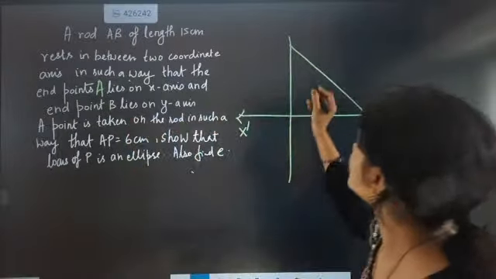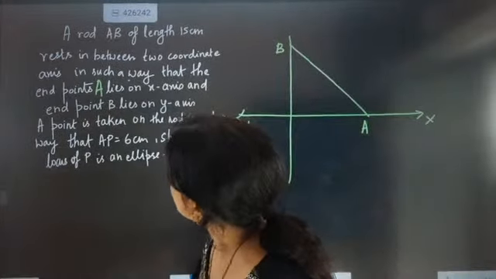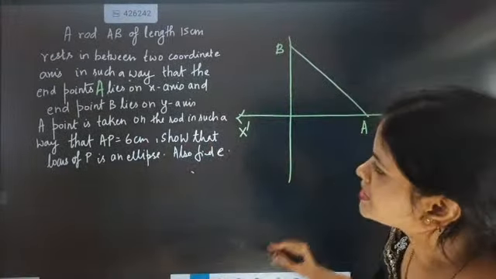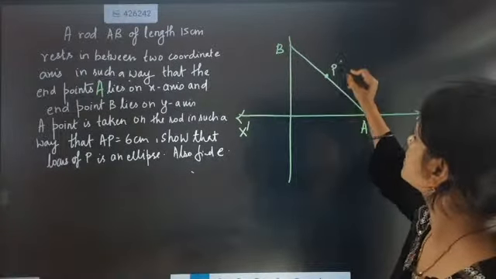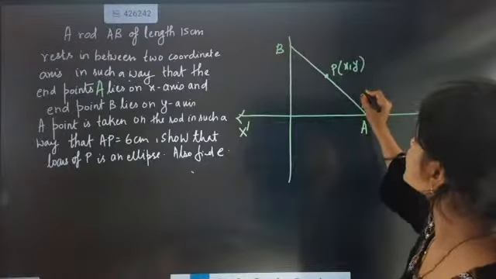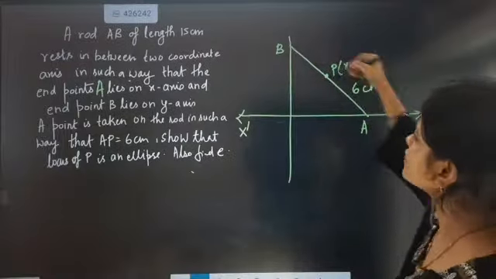And endpoint B lies on the y-axis. A point is taken on the rod in such a way. So let that point be P. Now this is exactly going to be 6 centimeter, they have given. Now we know the total length of the rod